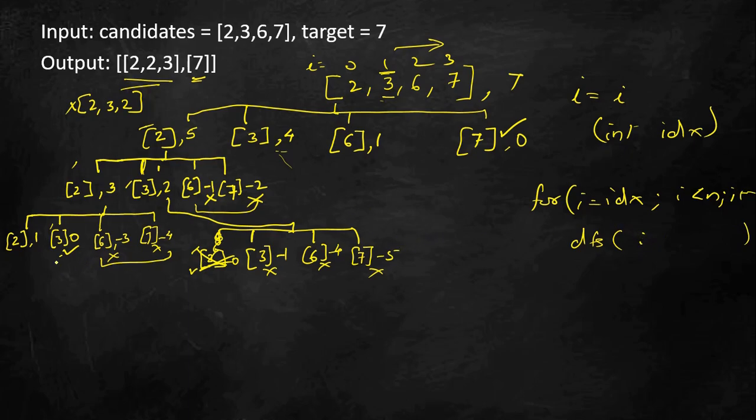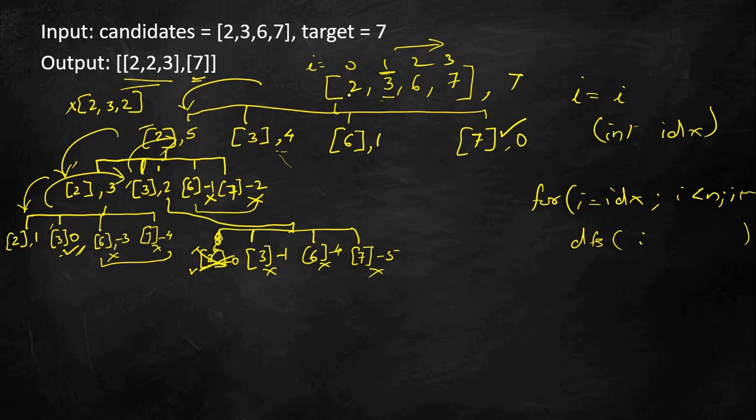So that is one case. Second is we have to check whether the target should never be less than 0. If the target is less than 0, then when we are calling the DFS recursively, we can return from there. So that way we can call the DFS, go into this once 2 is done. Once that 2 is done, then we can go back and do the next iteration for the next index. So that way we can solve this problem.